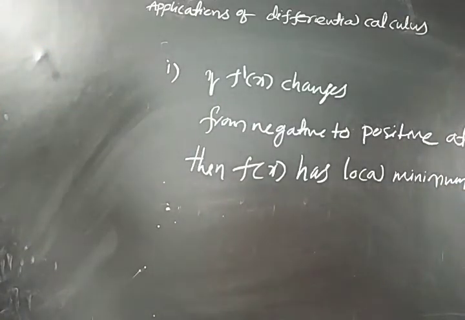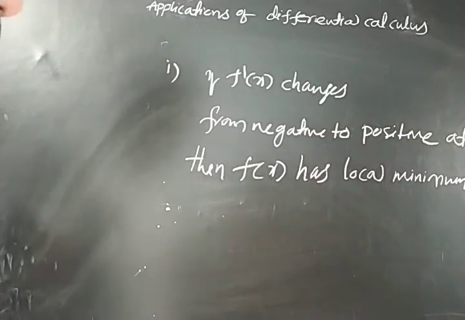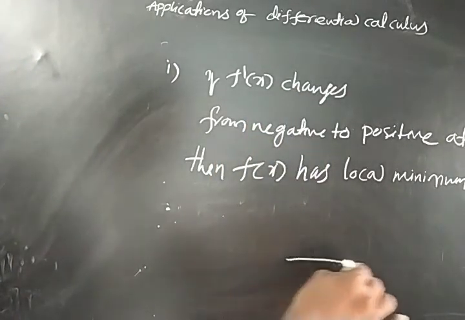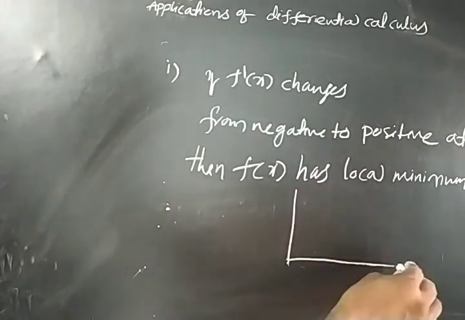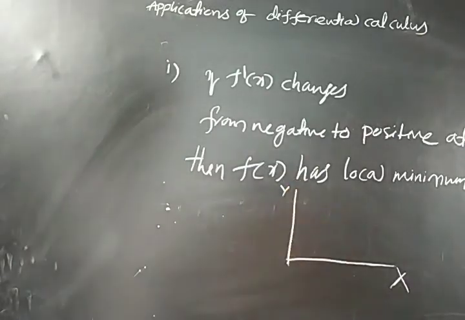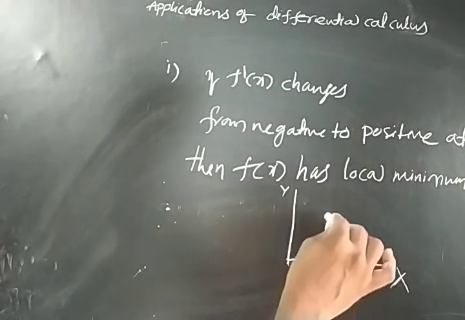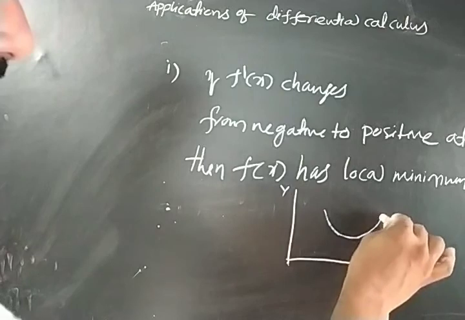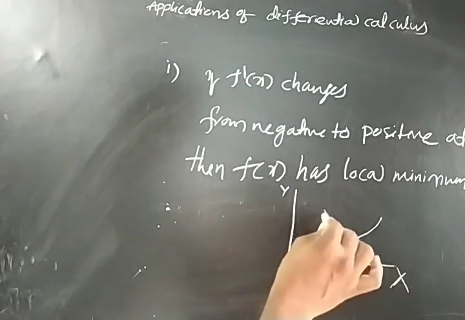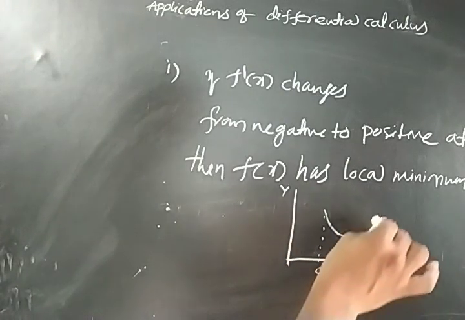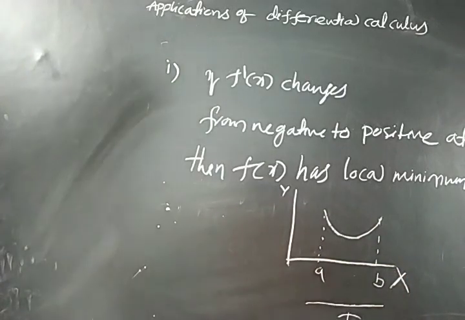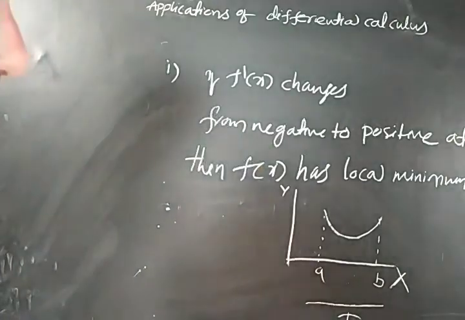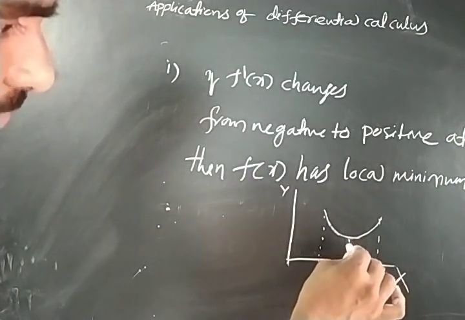See, I will explain with the diagram why it is a local minimum when f'(x) changes at the point c. Okay, see the diagram. So I am taking one curve here in the graph on the xy axis. Suppose this is the curve. I am taking one open interval (a, b) in the domain I. See in this, suppose I am taking one point at c.